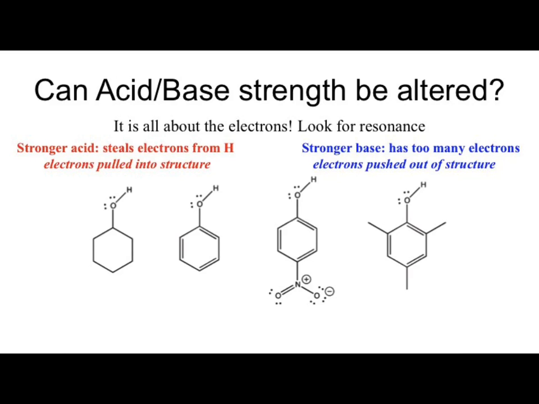There's our net result. There's nothing up there. Exactly right. No resonance. That structure does not have the option to be resonant, which means that's pretty much our baseline for our alcohol acid-base characteristics. So now what we want to do is move to the other structures and see what happens in those